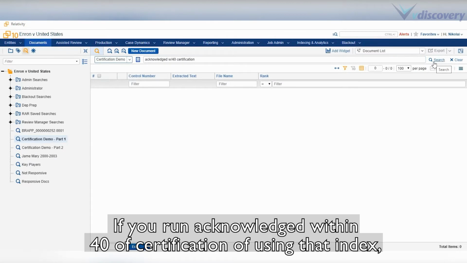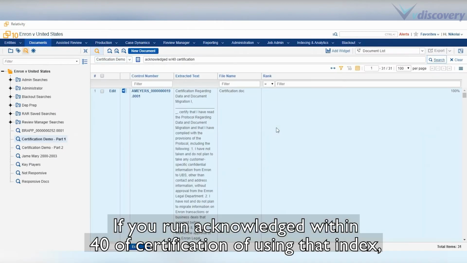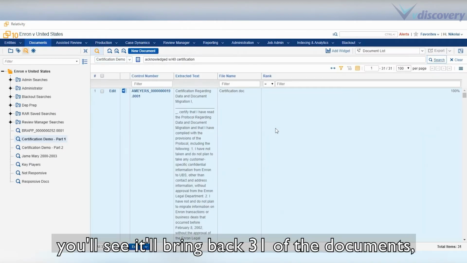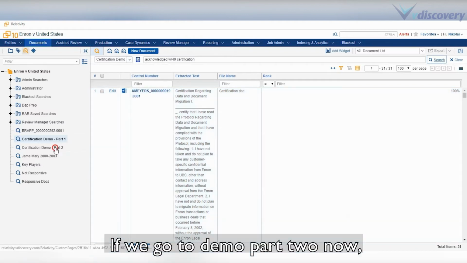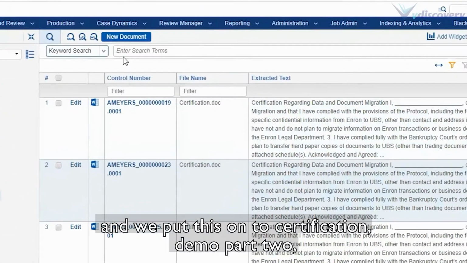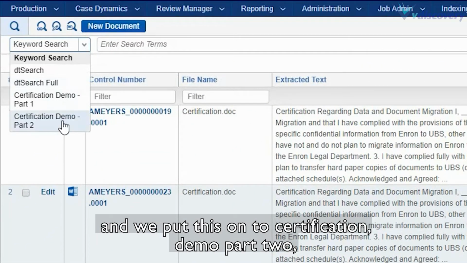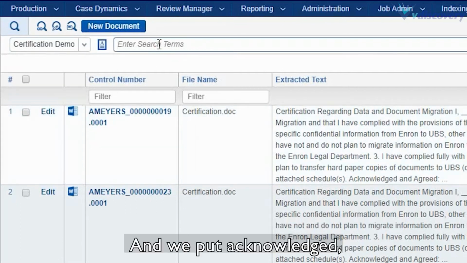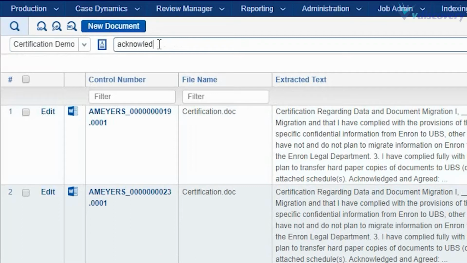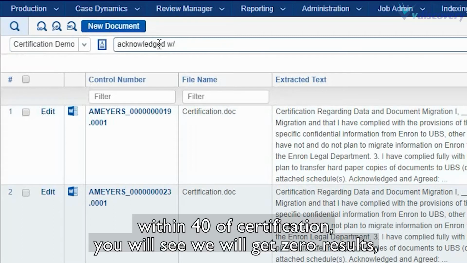If you run acknowledged within 40 of certification using that index, you will see it'll bring back 31 of the documents. The 36, not all of them have the word acknowledged. If we go to demo part 2 now, it really doesn't make a difference because it's the same set of documents. And we put acknowledged within 40 of certification, you will see we will get 0 results